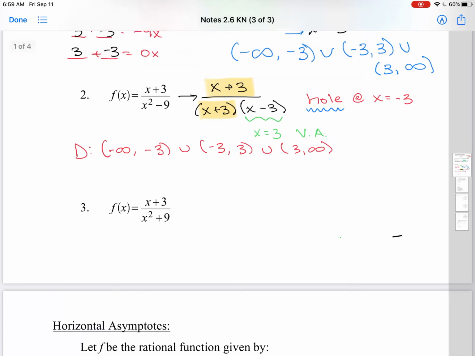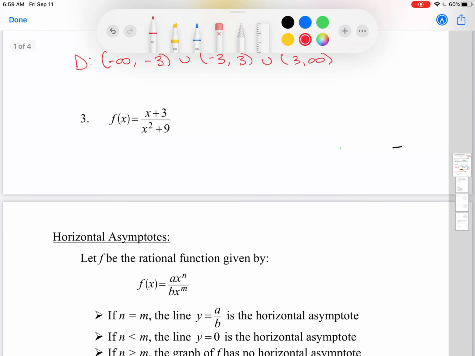Question number 3, however, if you look closely, and if we wanted to factor the denominator, we would say what multiplies to give me a positive 9x squared and adds to give me 0x, because there's no middle term. Your only options to get a positive 9 are a positive 3 and a positive 3, or a negative 3 and a negative 3. But when I use either one of those in my second function, solving for 0x, it's never going to happen, okay? And because of that, we know that our denominator is not factorable,